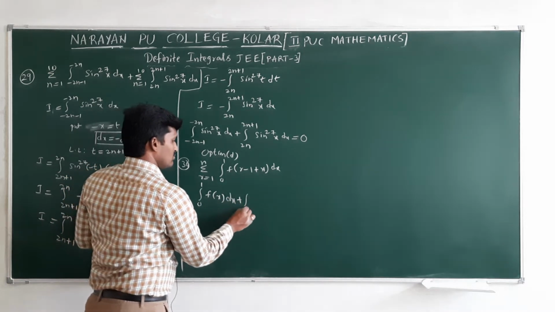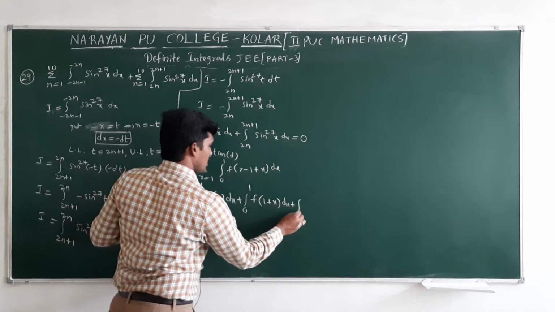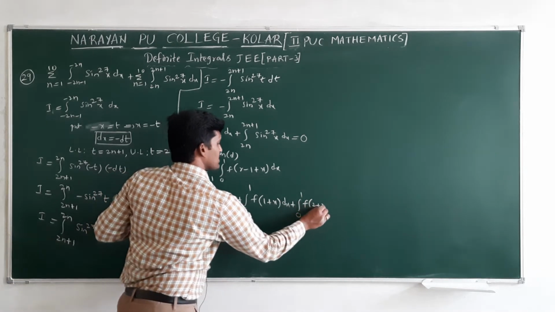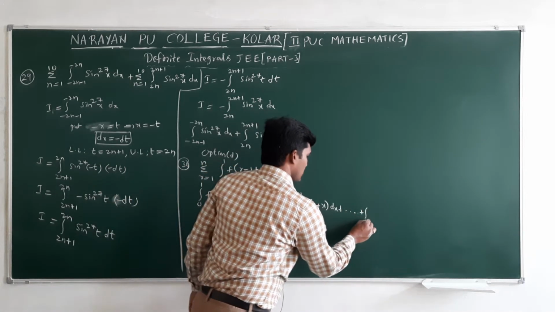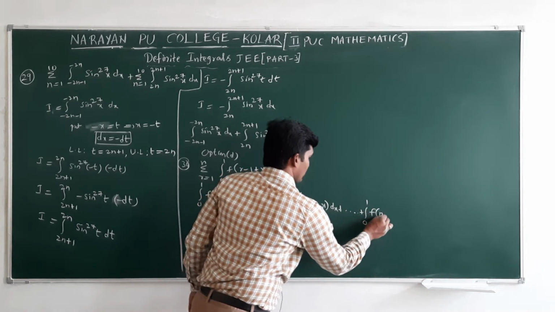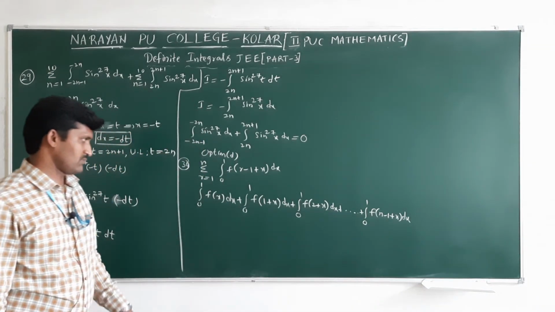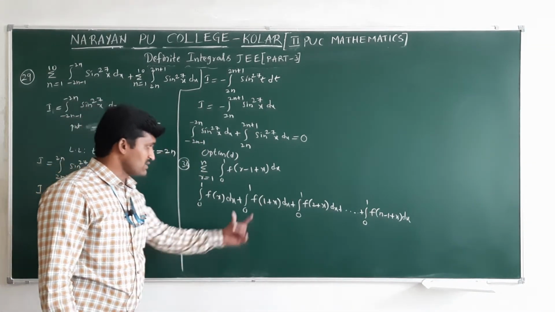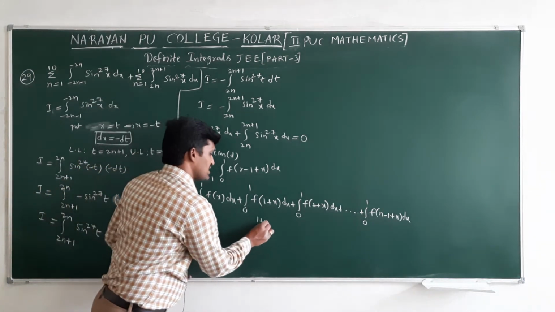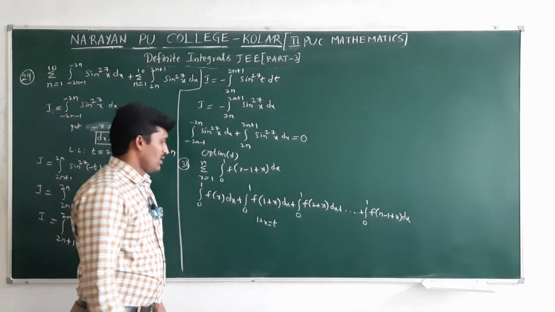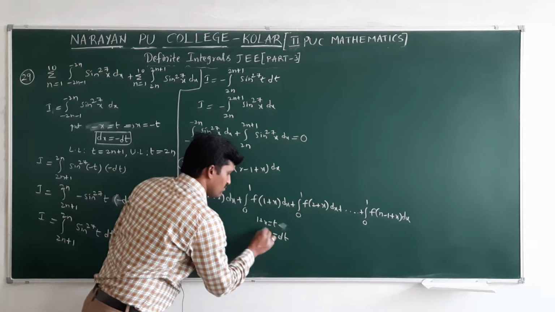If you substitute 2, integral limits are the same. What will you get? f of 1 plus x dx. Substitute 3, f of 2 plus x dx, plus and so on. Last, if you substitute n, 0 to 1, f of n minus 1 plus x dx in the place of r. But I want to change all values in terms of f of x only. If you consider this is t, for example 1 plus x is t, now what will we get for x from this? Clearly dx equal to dt only, both are the same.